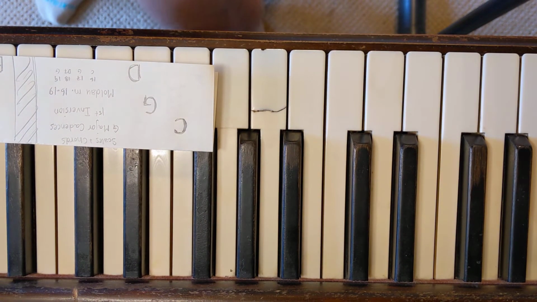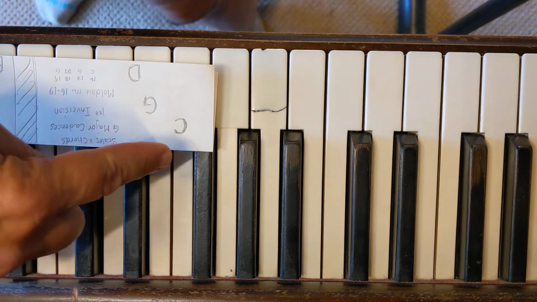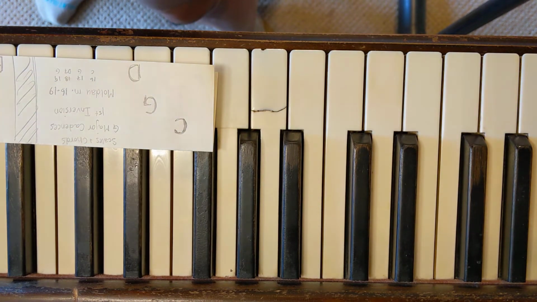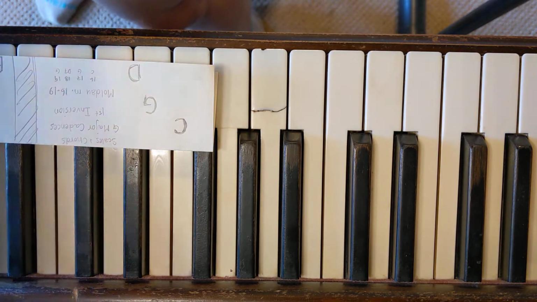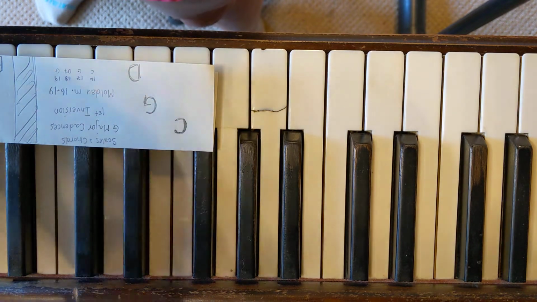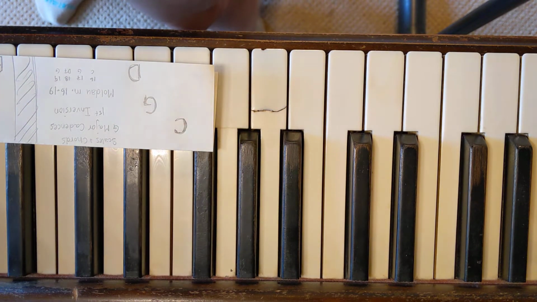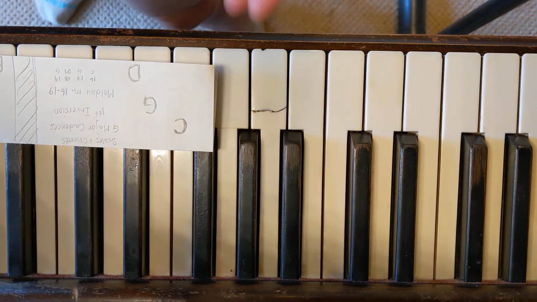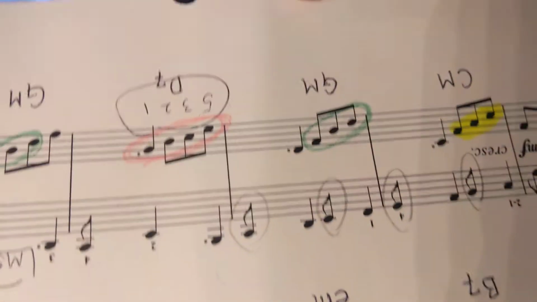So the more that you know your circle of fifths and your cadences, there they are, the more quickly you'll be able to learn music, to see how it's put together. And for this example, we're going to use Moldau, and we're going to use measures 16, there it is, where